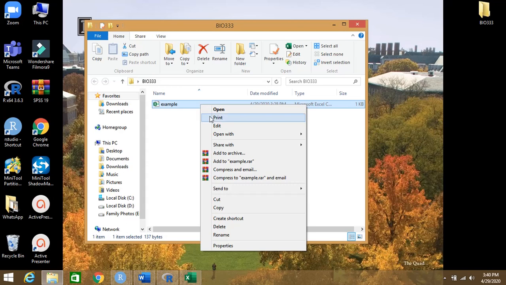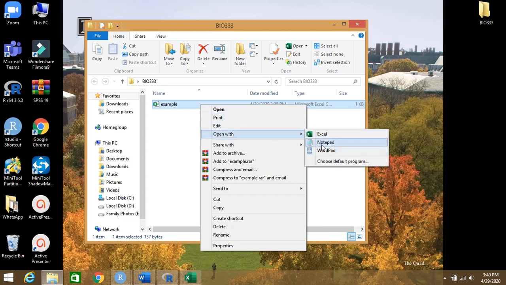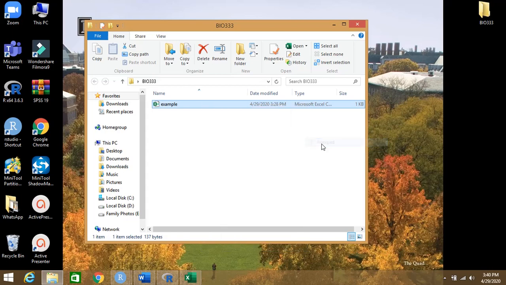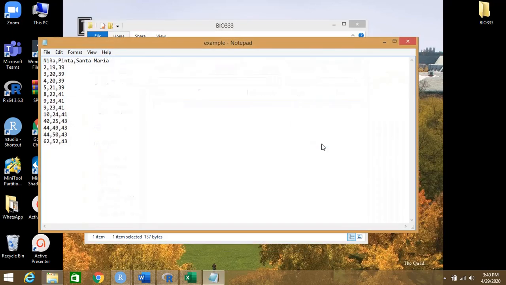If you open it with some other editor, let's open it with Notepad, that's how it looks: Nina, comma, Pinta, comma, Santa Maria. We know that we are going to the next line, so there is a new line character here. Again, 2, then comma, then 19, then 39.